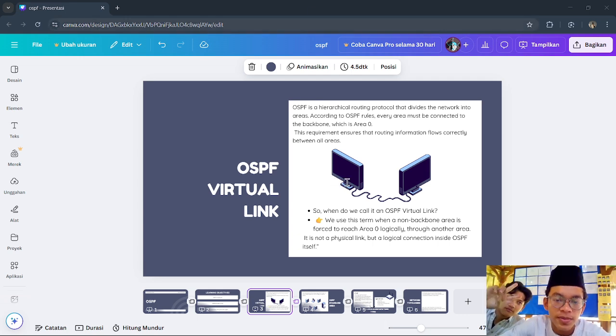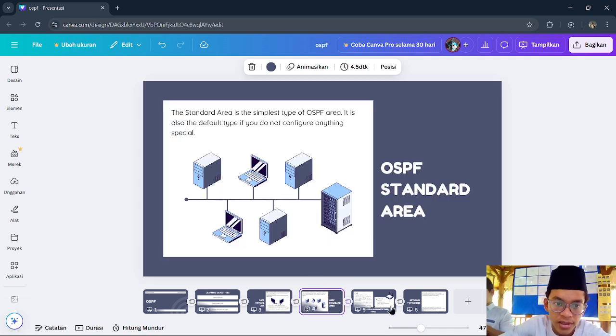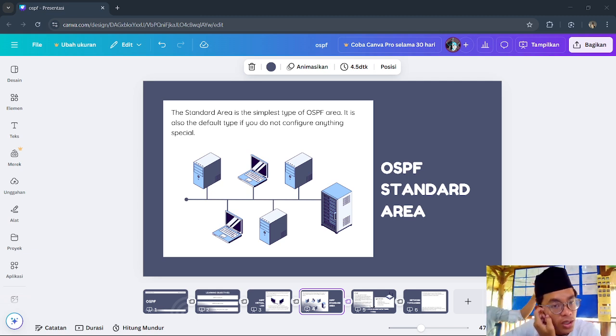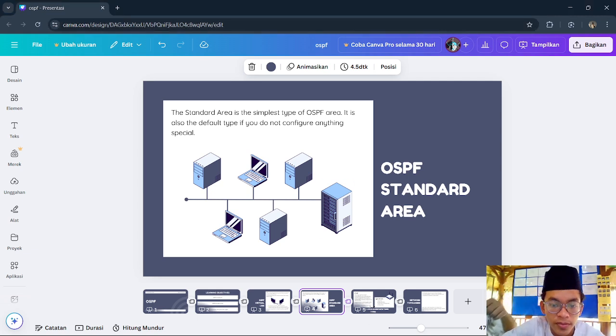And then OSPF standard area is the second of our learning objectives. The standard area is the simplest type of OSPF area. It is also the default type if you do not configure anything special. That's the meaning of OSPF standard area.